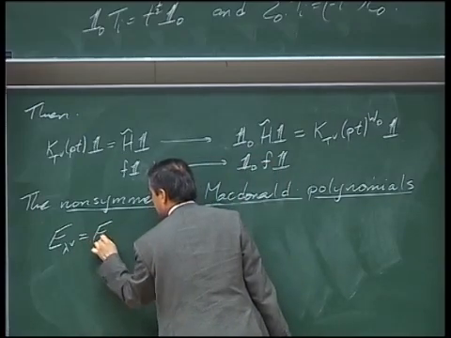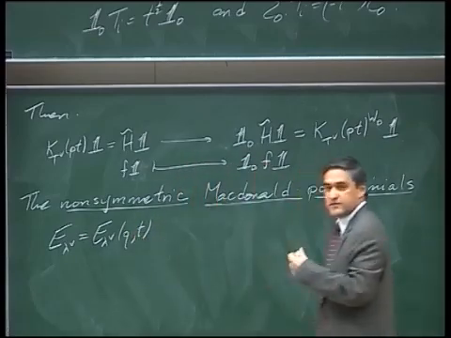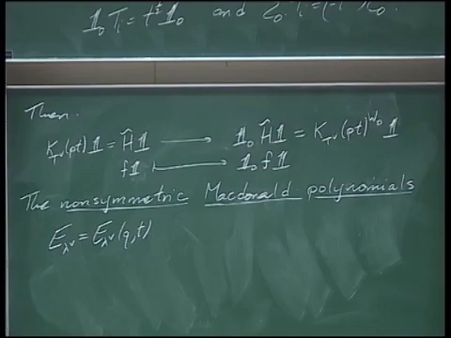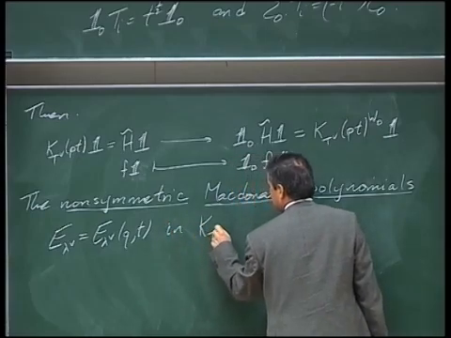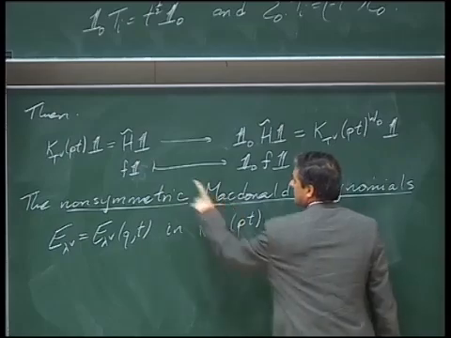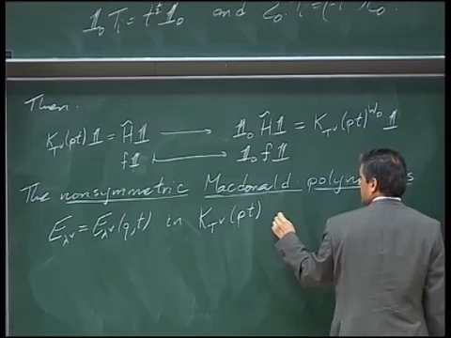Sometimes I'll be careful and denote that q and t are appearing in these. So q and t are appearing all over the place in these polynomials. These polynomials should be living on the left-hand side of this diagram, and are given by